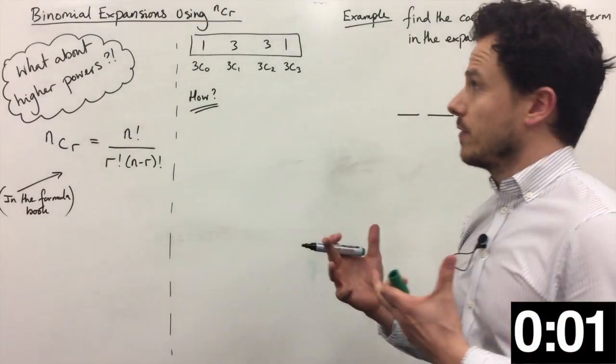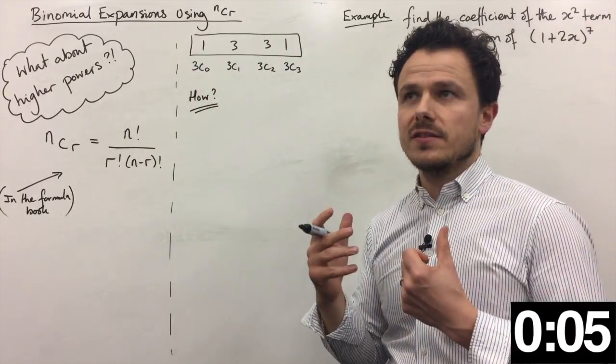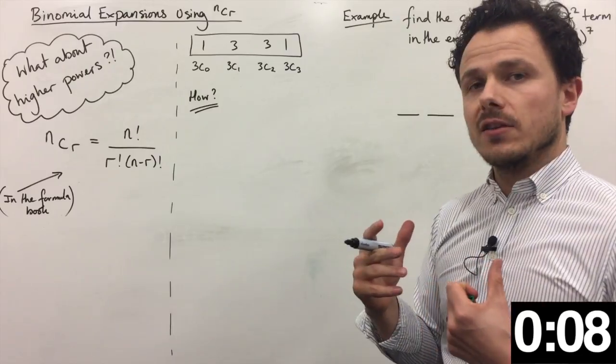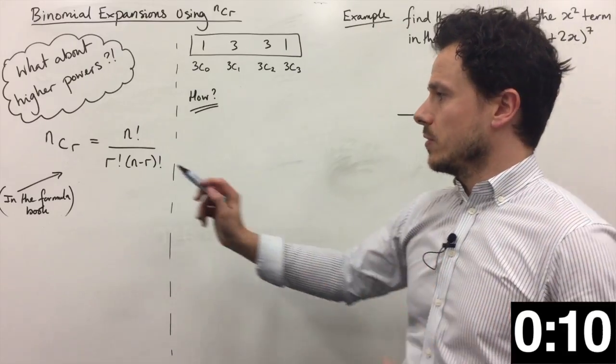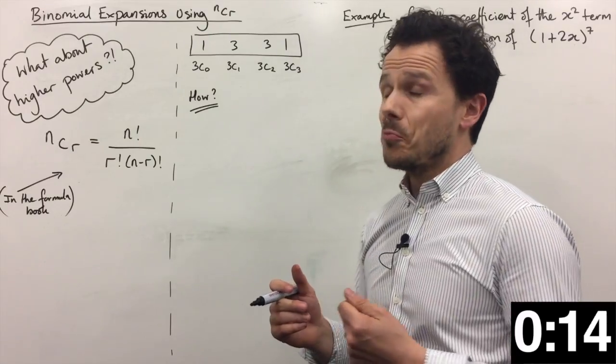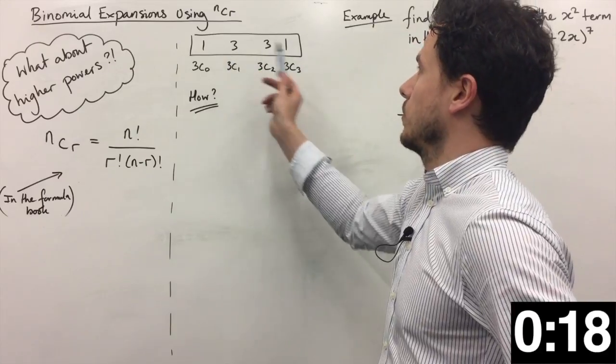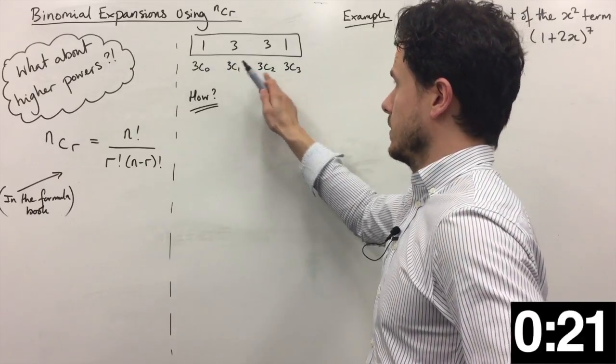Okay, now we'll look at a tougher version using binomial expansions with nCr. Now this is a quicker way of finding out the values of Pascal's triangle. So this formula is in the formula book, so you don't have to remember it. However, you probably will find that you will after a while. Now let's try and use the values that we had used in the last video to find and confirm these